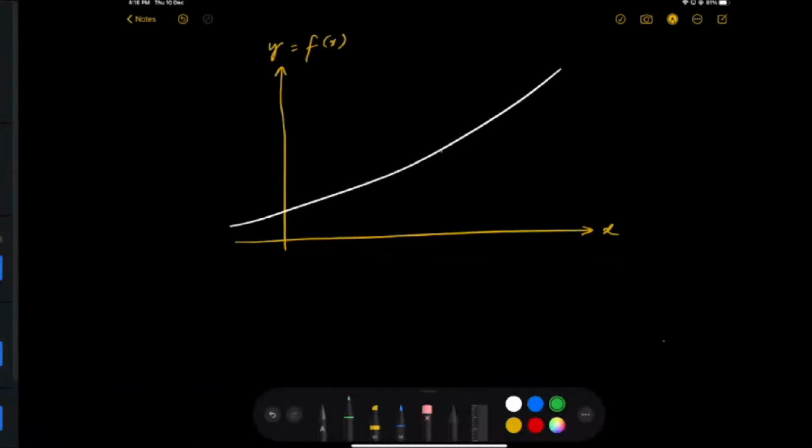Then at any point x, this is the value of x, that means x is actually from here to here. It will correspond to some y which is equal to f of x. That means what is the length of f of x? This is the length of f of x, or the value of f of x is this, because that is what y is. So times dx, so this is dx,